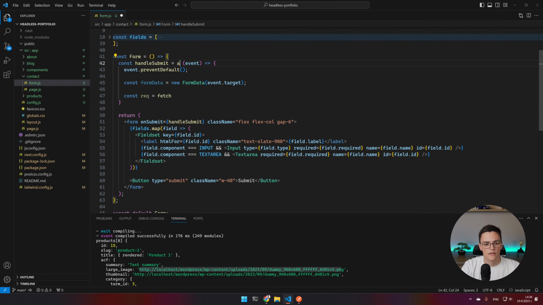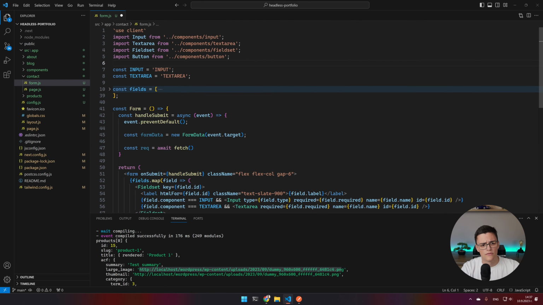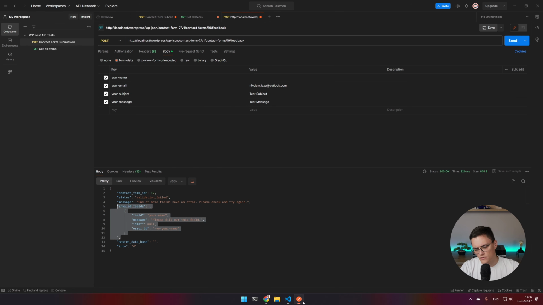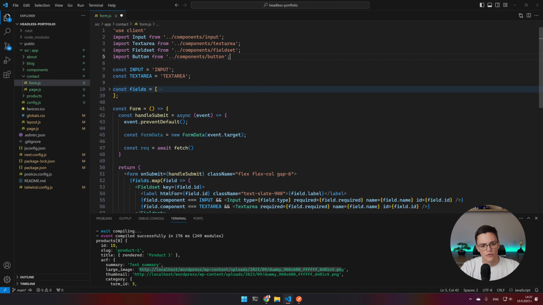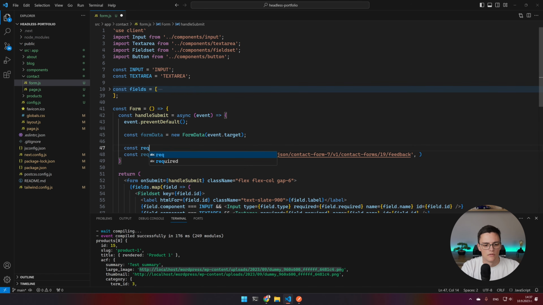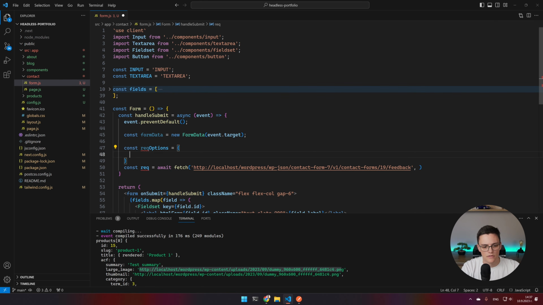For that, I need to make this function async and await the fetch request. The fetch request should be, let me import. Actually, I don't need the request URL because it includes more segments than this one. Just copy this one, paste it right here. Here we go. And I will create the request options object above the request to separate the options for readability